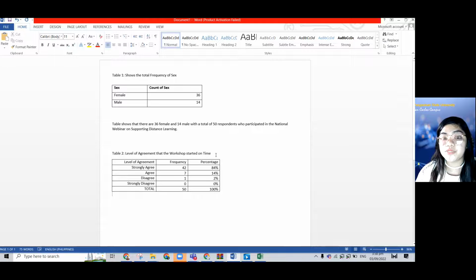Level of agreement that the workshop is started on time. And we have to do this one on the following questions pa na ginamit natin sa ating webinar. So that if we will interpret this one, table 2 shows that majority, we have to use the word majority kasi nalampasan po niya ang 50% ni strongly agree, which is 84%. So we can use the word majority. Table 2 shows that majority